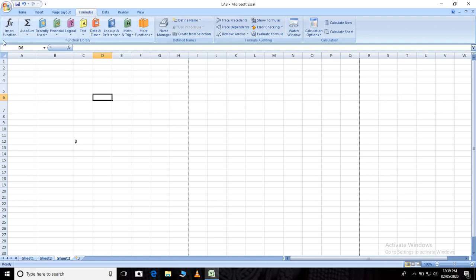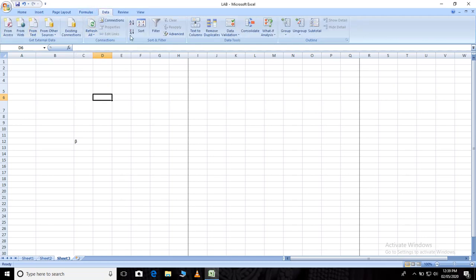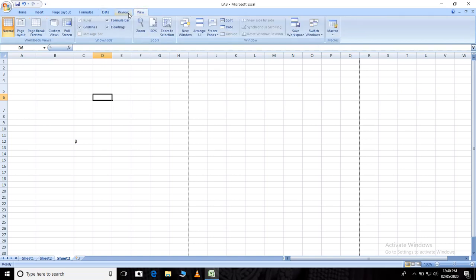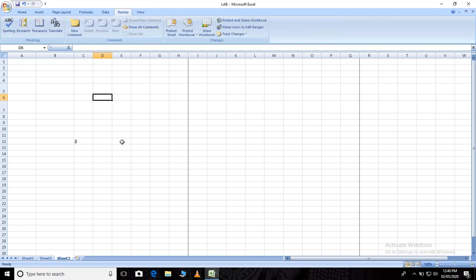Suppose if you want to insert some formulas, there are different formulas you can insert. Okay, then we have Data. These are not required now here, because these are commands not much useful for your exercise. So we'll see whatever the important part is there for your syllabus. Okay, we'll look at that first.